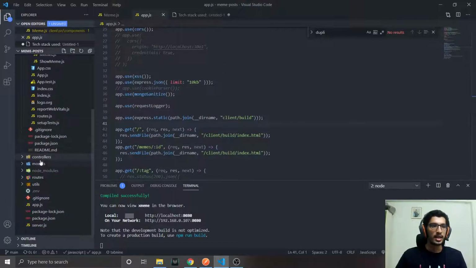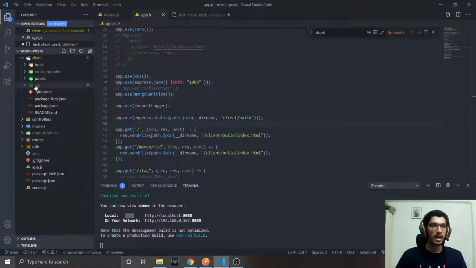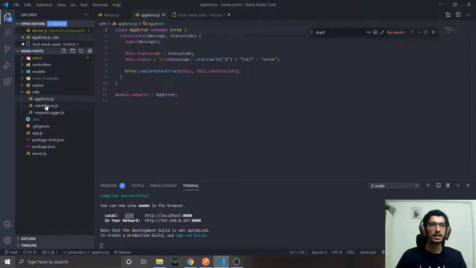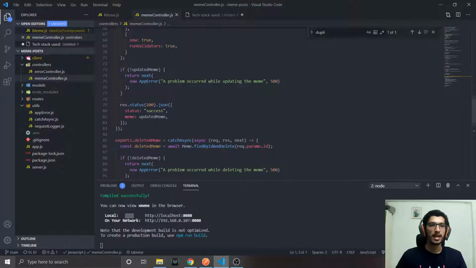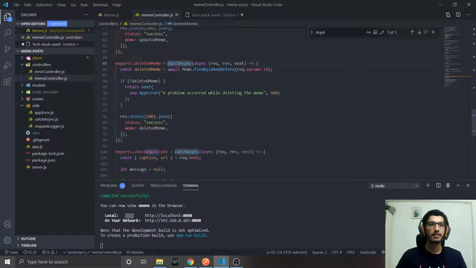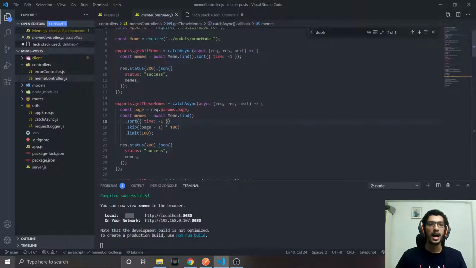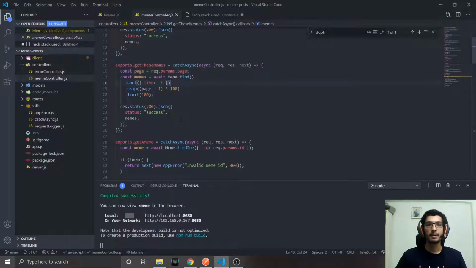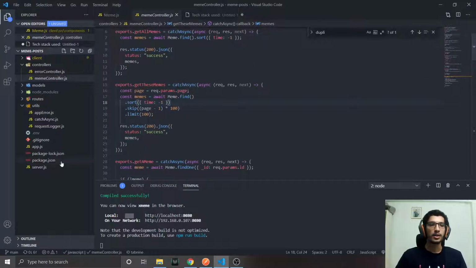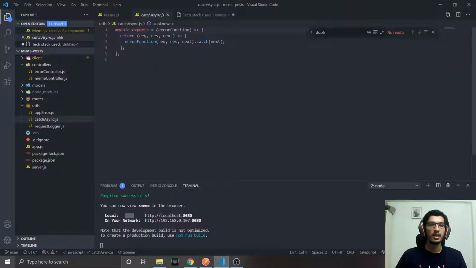I have also implemented another thing called utilities. These are things that are used in multiple ways. Like for the asynchronous methods, I have used asynchronous Node.js. For each of the fields, like if I'm making a get all memes or get a specific meme, you have to use a try catch block with an asynchronous method. So I have used a utility instead of doing that. I have made this directly.